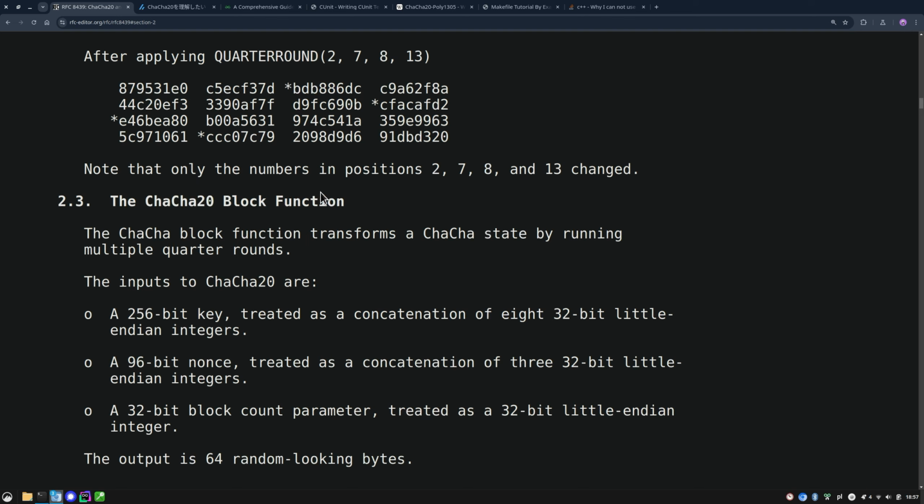The ChaCha20 block function transforms a ChaCha state by running multiple quarter rounds. The inputs to ChaCha20 are a 256-bit key treated as a concatenation of 8 32-bit little endian integers, a 96-bit nonce treated as a concatenation of 3 32-bit little endian integers, and a 32-bit block count parameter treated as a 32-bit little endian integer. The output is 64 random looking bytes. Okay, so what this means